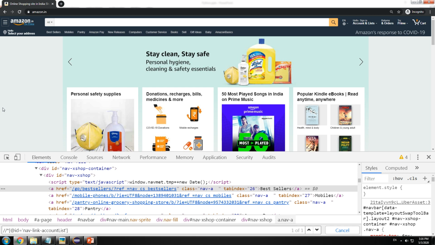Class names are used by developers in order to group similar elements together. For example, now I've got all of these links here, and if you look at it, they all behave in the same manner. If I hover each link, they all have this square box, they all have the same font. So I, as a developer, I'm not going to go and write a function for this element and the same elements. I'm going to give all the elements one common property called a class.